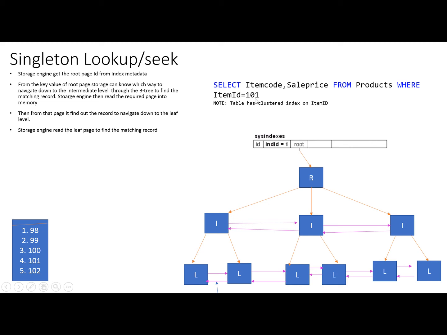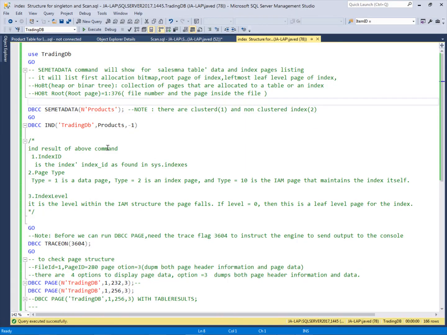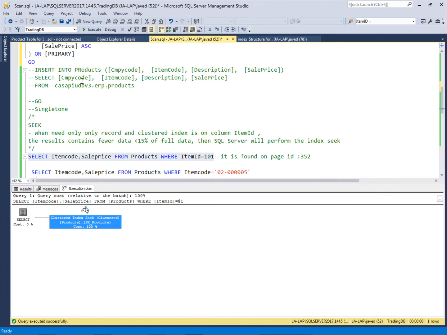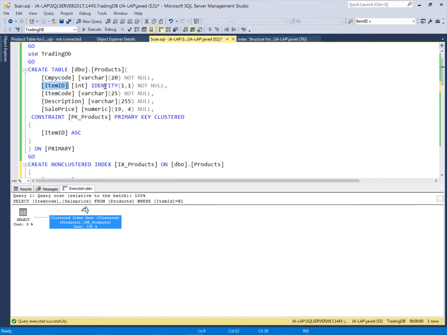Now we will go to SQL Server and check this seek method. This is SQL Server, and here we have our trading DB. In this trading DB we have one table, the product table, which has the columns company ID, item ID, item code, description, and sale price.